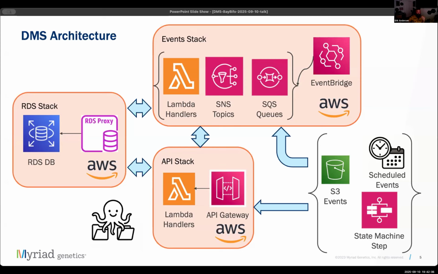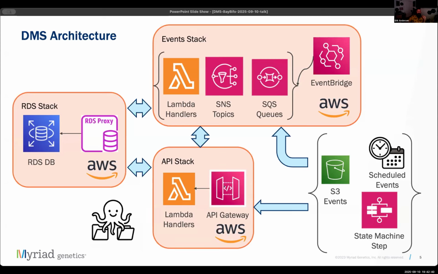EventBridge handles this by feeding events to things like Lambda handlers, SQS queues, or SNS topics. The API stack provides a RESTful API through API Gateway, which handles things like domains, URL routing, and authentication. The API passes authenticated requests to serverless functions called lambdas, which execute the requested operation. This compartmentalization reduces deployment overhead and gives us conceptual boundaries that guide how we think of a given capability.